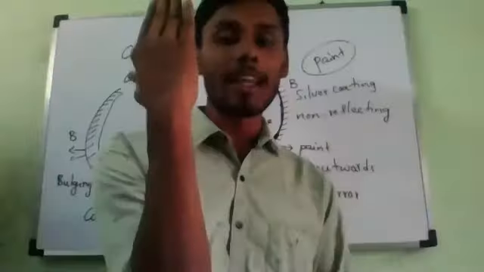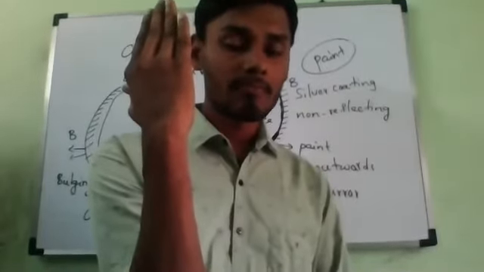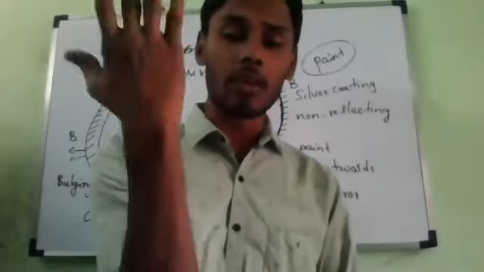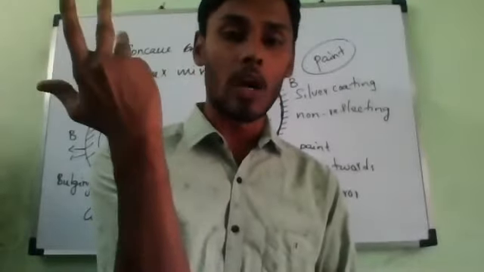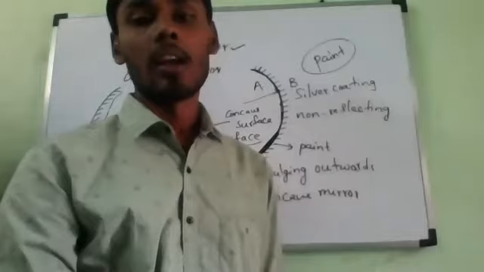Vertically upright, erect image. Is it a real or virtual image? Erect image means what? Virtual. So vertically upward means erect and virtual. That is only erect. Erect means it is a virtual image. Understanding? Always remember that.